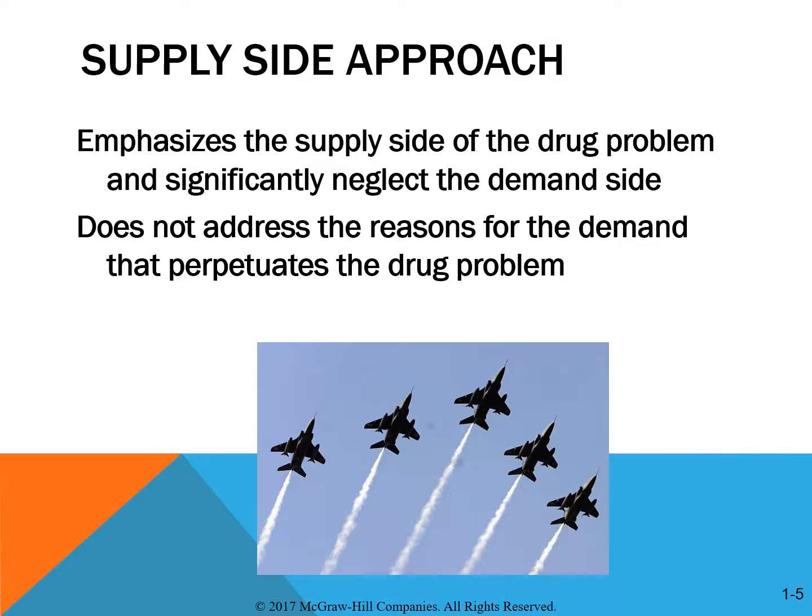Supply-side approaches aim to eradicate drug availability. Examples of supply-side approaches include military interventions in countries that grow various drugs. Another example is to focus on destroying the smuggling efforts and the drug trafficking and the bringing of drugs into the United States. Other examples also include making it difficult to secure drugs once they are in the United States, such as taxation, price increases, and age restrictions.